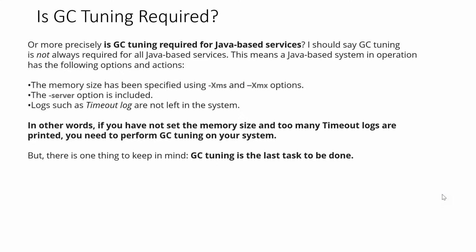If a particular JVM is only processing batches at a particular time, in that case it may not need to give you high throughput, because the batch output is not depending on anything, and it is not stopping the business processes. It is something running at the end of the business day, right? So for batch processing on that JVM, you can use a different algorithm which will save some CPU and memory. So depending on multiple factors, it is decided.